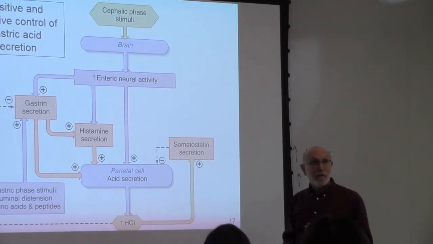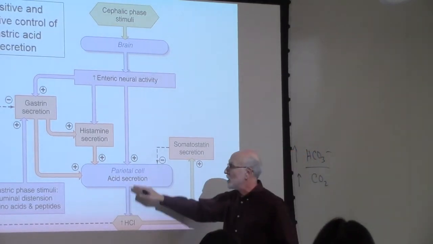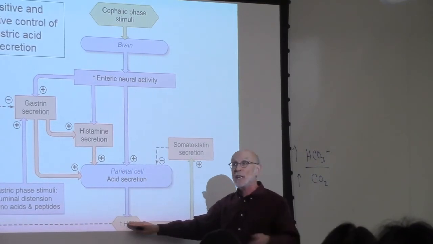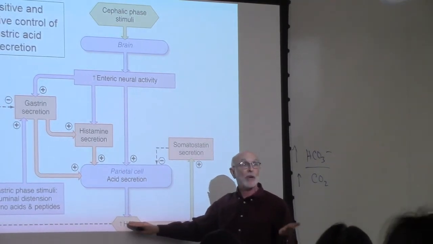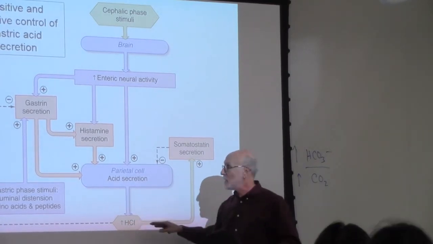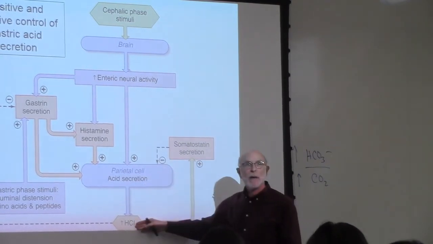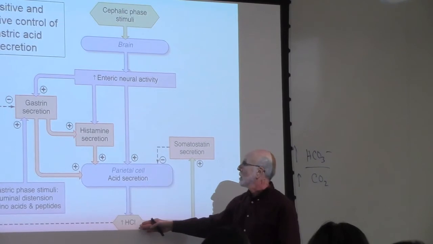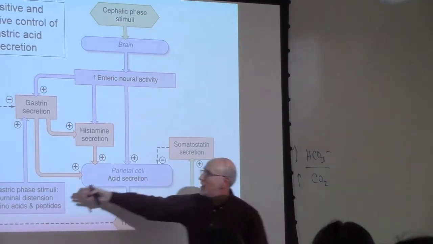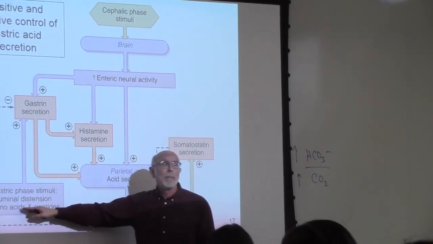So that's the cephalic phase. That just happens when we think about food. When food actually enters the stomach, now we're talking about the gastric phase, which continues this process that was triggered by the thinking and, frankly, the swallowing of food. So now we have food in the stomach. It's becoming chyme. Food in the stomach, gastric phase: stretching of the stomach, amino acids in the stomach,